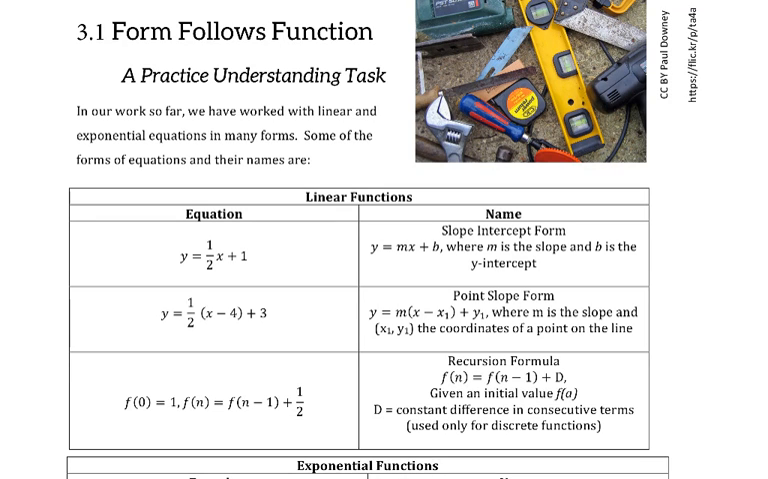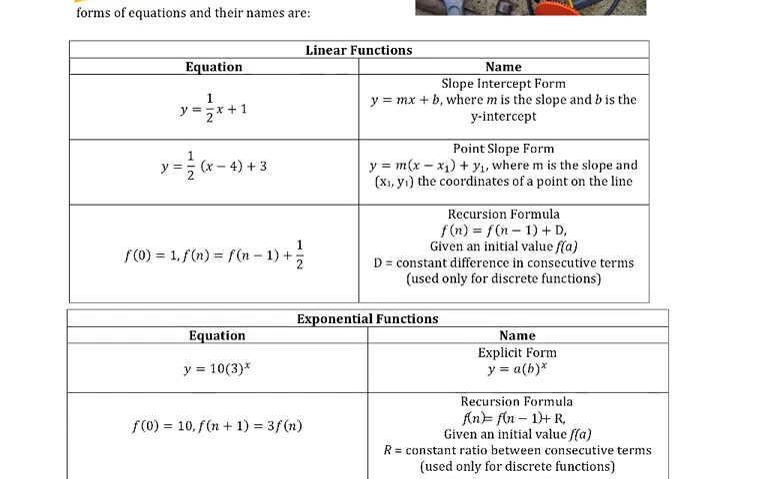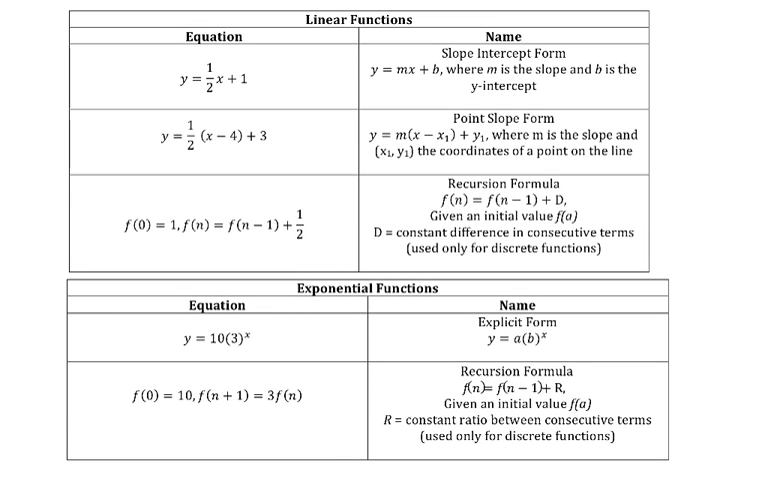Alright, taking a look at this test that we did in class, 3.1, form follows function. So we're taking a look at some linear and exponential equations, okay? So this first group are some linear, okay? Now the first we often call the slope-intercept form, okay? We've also, these both right here are both explicit,